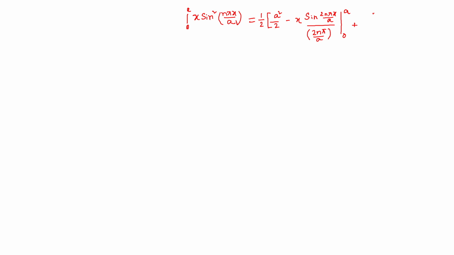Now we are coming to the previous case. In this case, the value was 2 by a into, and you are getting this value as a square by 4. So if it cancels out, we will get a by 2. This average x will be a by 2. So I have proved that the average position of the particle is a by 2. And you can see here that there is no n term. It is devoid of any n. Whatever be the quantum number n, the particle's average position is always a by 2.